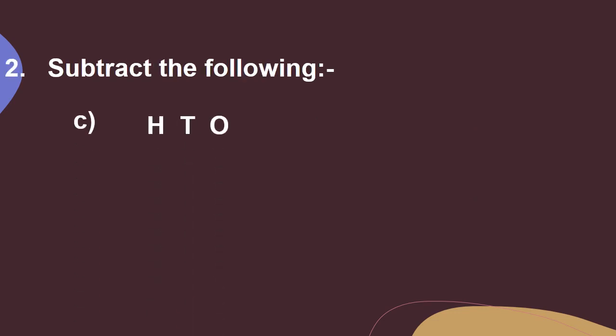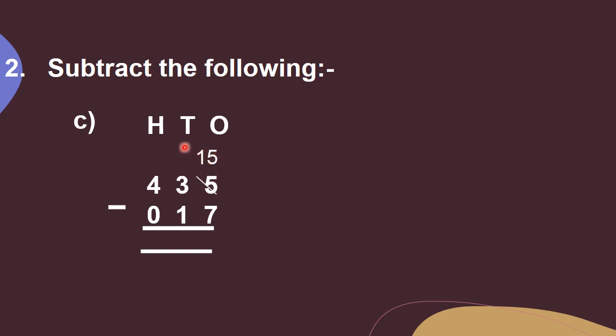Now in C part it is given 435 minus 17. So we have to start from our ones place column. Here at ones place column it is given 5 minus 7, but beta, 5 is smaller than 7. We cannot subtract 7 from 5. So what we will do, we have to take borrow. Here ones place will take borrow from tens place, and this number will become 5 plus 10, and that is equal to 15.